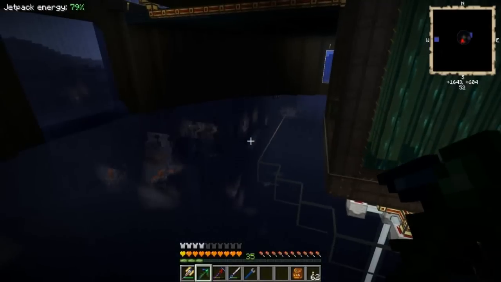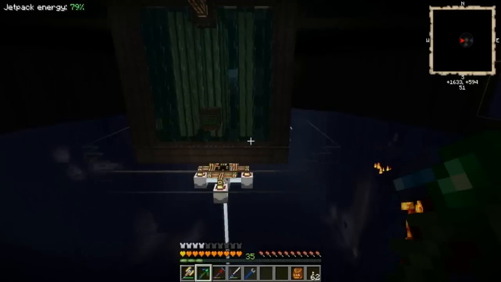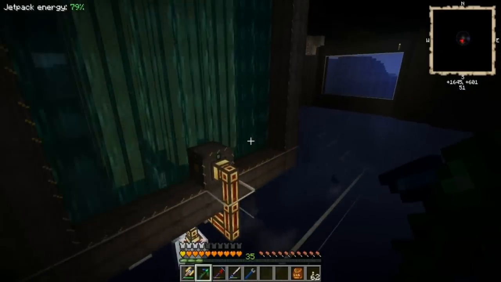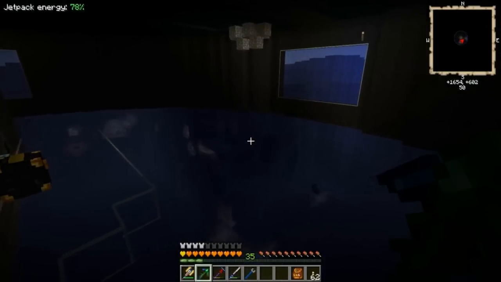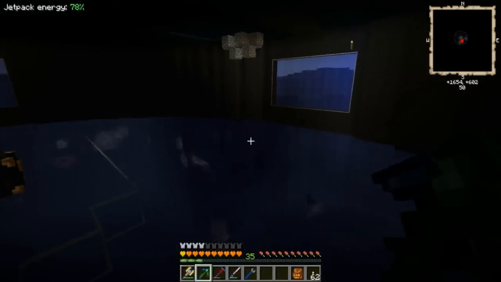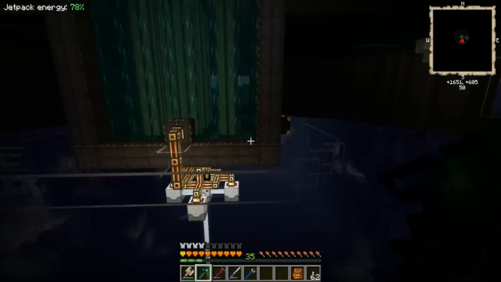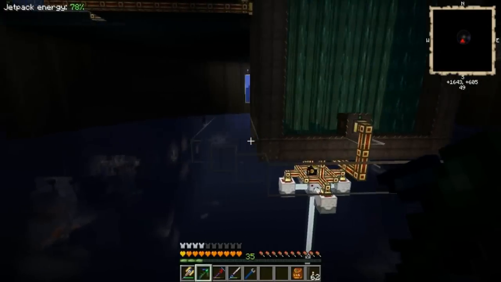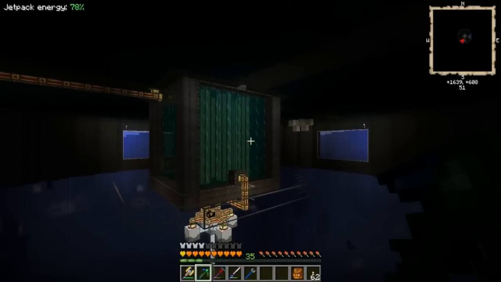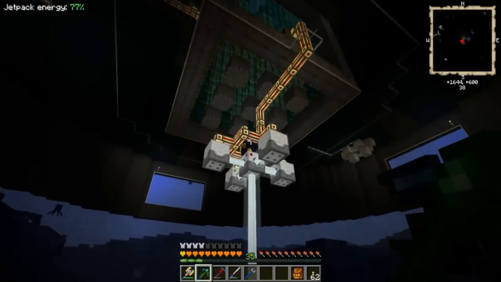So I'm still determining what exactly I'm going to do down here. I thought about, since this is where the power is, throwing all the machines over here, and then running some ME cable down, and setting up all the auto processing and stuff. Upgrading all the factories to the elite factory, and going from there. What I want to do today,